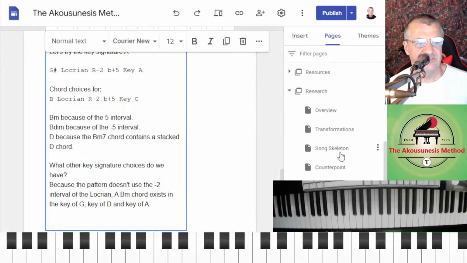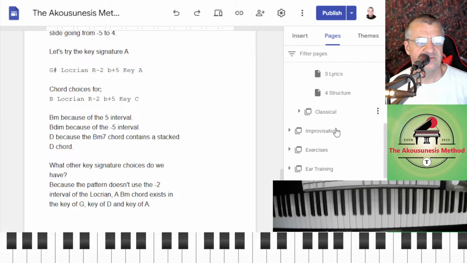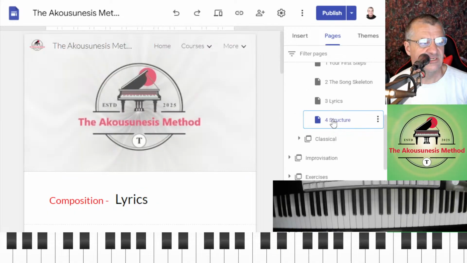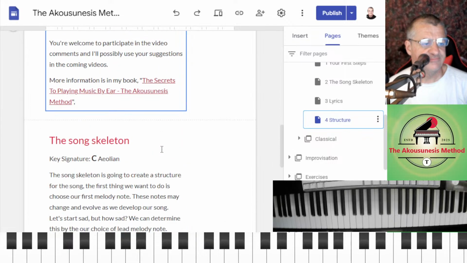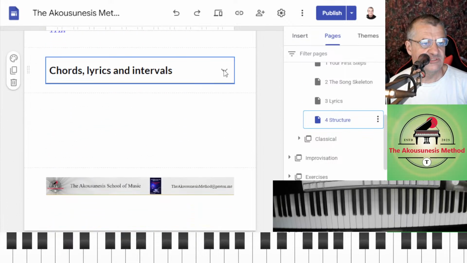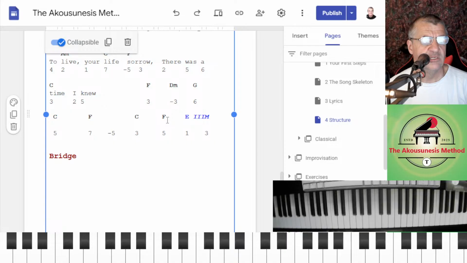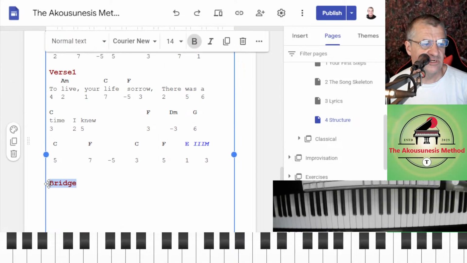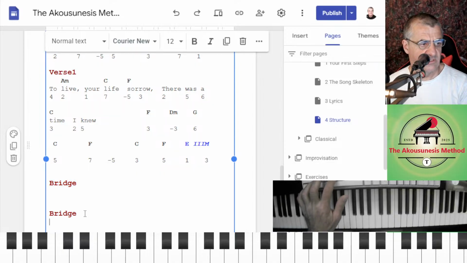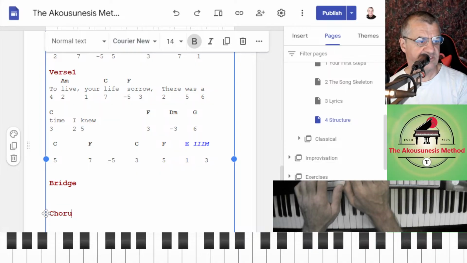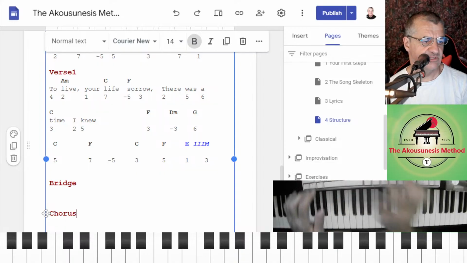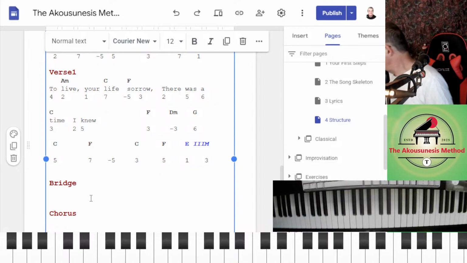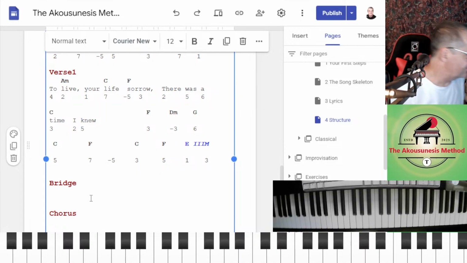Let's go back to the composition that we're doing. I'm going to prepare some lesson structure. We're also going to put some more words into this. So you're going to have a bridge. You're going to obviously have a chorus as well, right? It's a song.